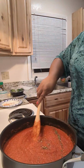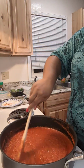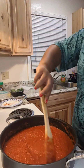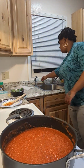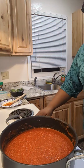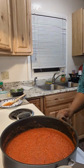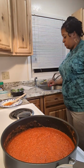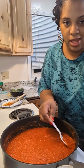So I'm just going to put a little bit more Italian seasoning in here. And then let me just clean up the stove a little bit because this is driving me nuts. Okay. Taste this one more time. See where we...